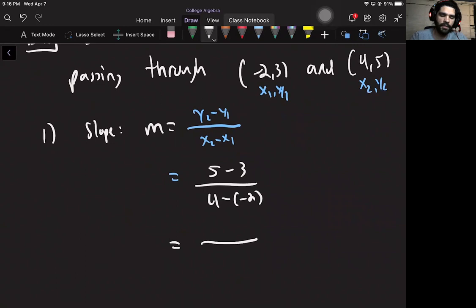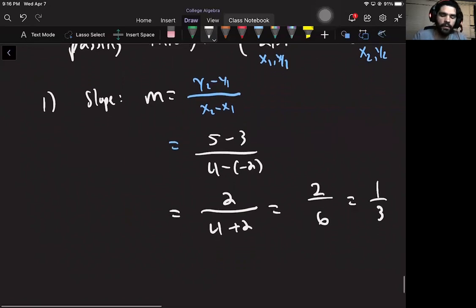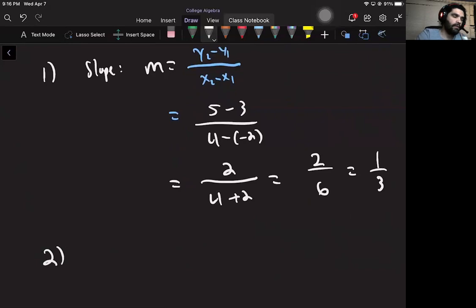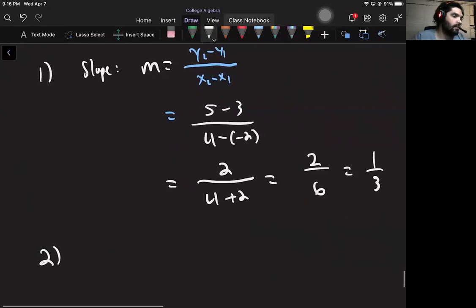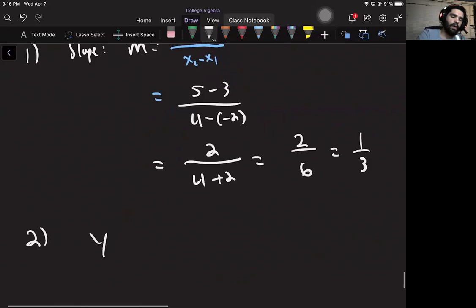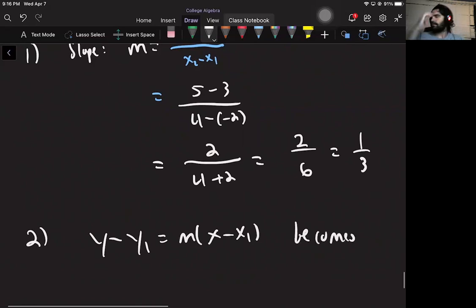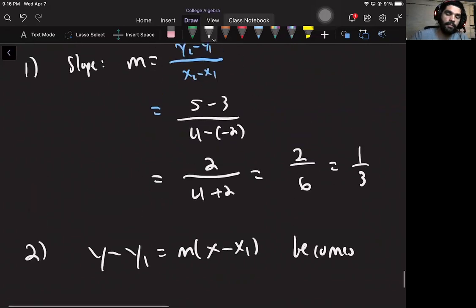And now is when we can mess up, when we actually do some calculations. So 5 minus 3 is 2. 4 minus -2 becomes 4 plus 2. So that becomes 2 over 6, you can write that as 1/3. So that's my slope. Now I can use my new little formula that we just figured out. So y minus y1 equals m times x minus x1 becomes, so I got my m,